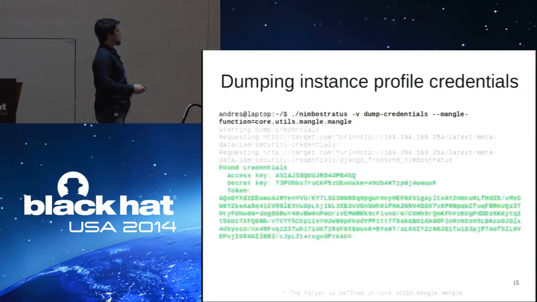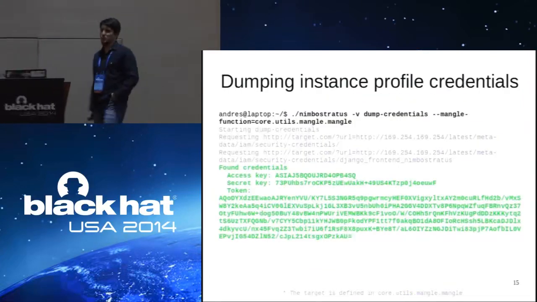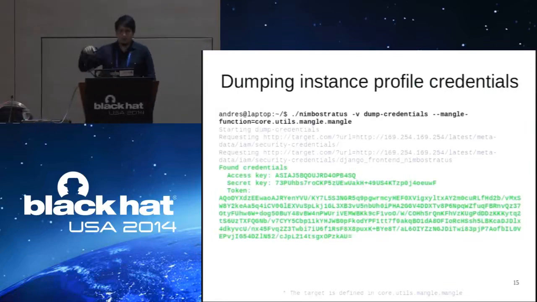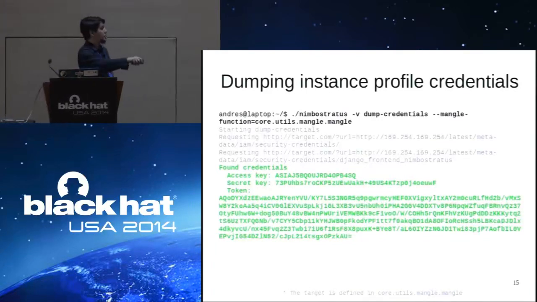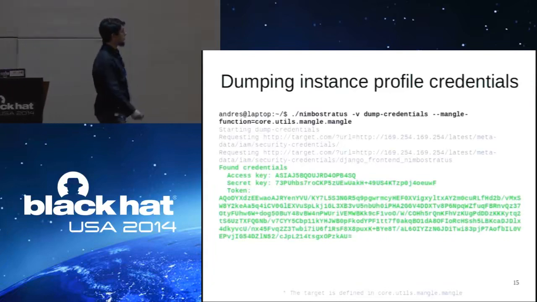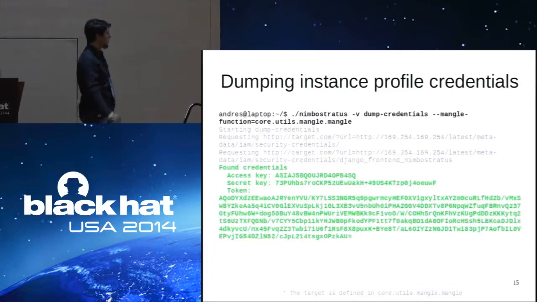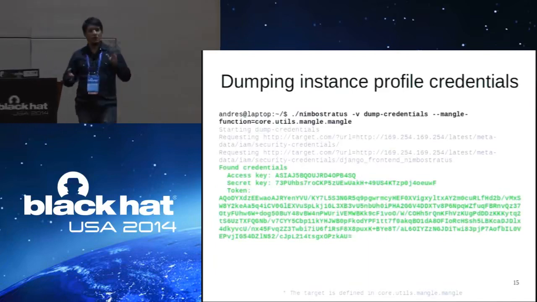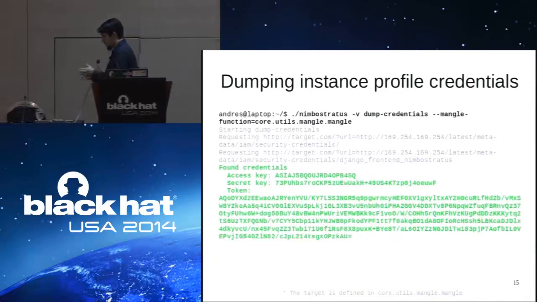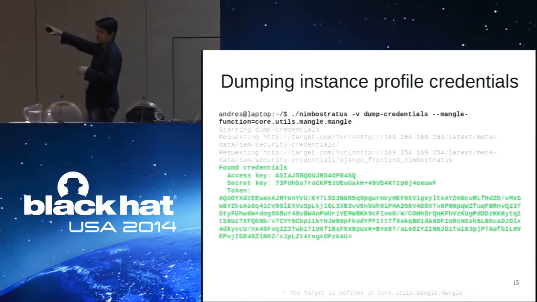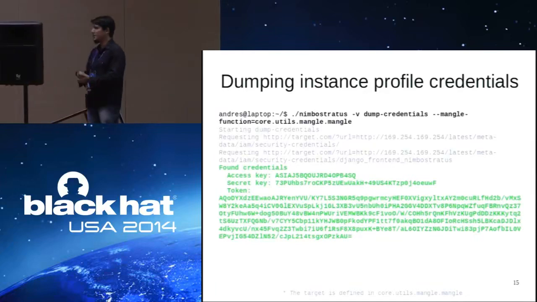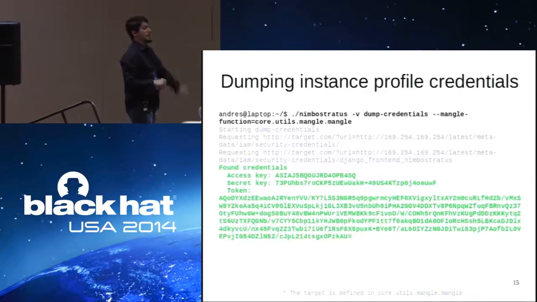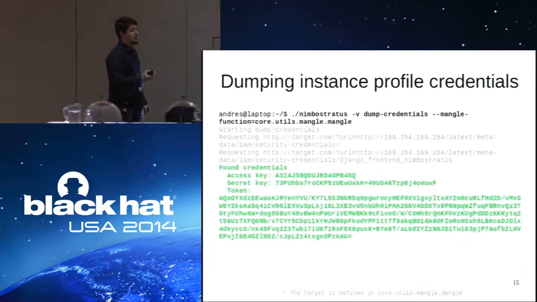Okay, so we have access to those credentials. I wrote a simple tool called dump credentials that you can use to get those credentials from the remote server. You get the access key, secret key, and a token. If you configure those in your local workstation and you access Amazon services, you're going to be impersonating and you are going to have the same permissions as the EC2 instance that you're attacking and from where you retrieved those